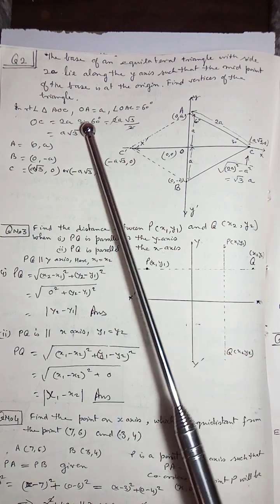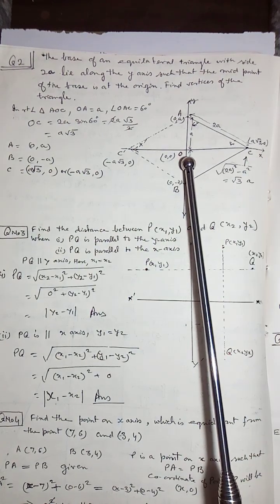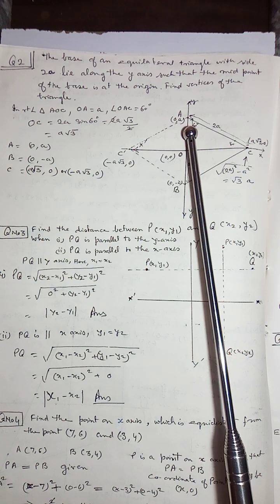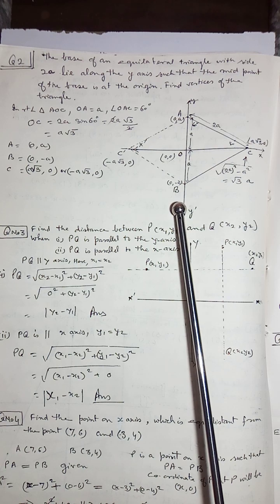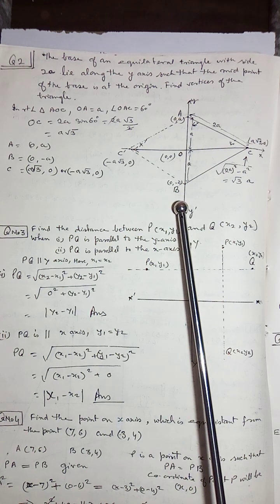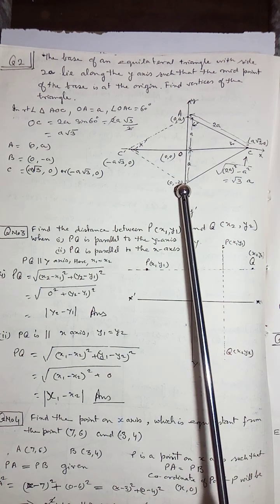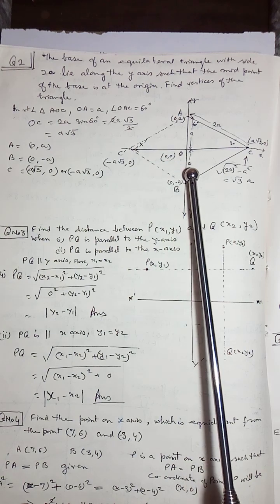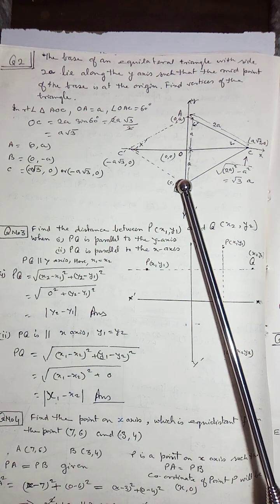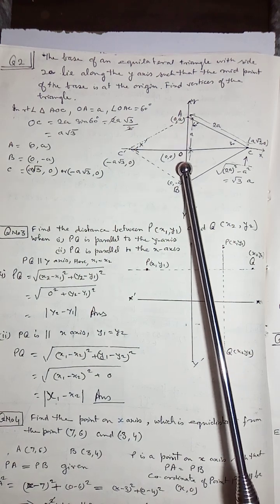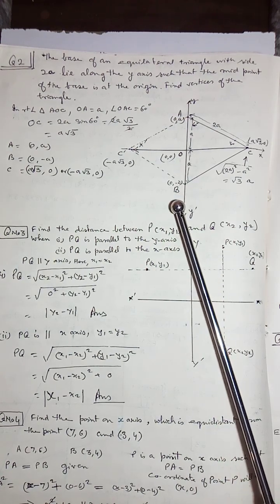Now pay attention. This is the y-axis, this is the x-axis. I have taken the coordinate A, that is (0, a), and coordinate B, that is (0, -a), and hence the origin will be the midpoint, meaning (0, 0) will be the midpoint. If you apply the midpoint formula also, you will get (0, 0) here. You see, 0 plus 0 divided by 2 is 0. a plus -a, that is 0, divided by 2, again it will be 0.